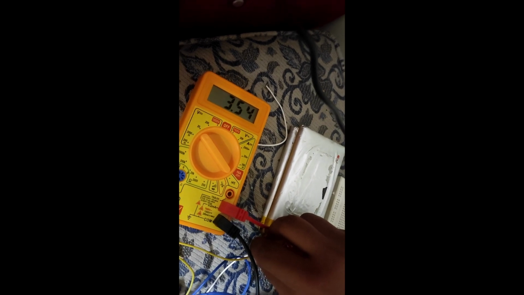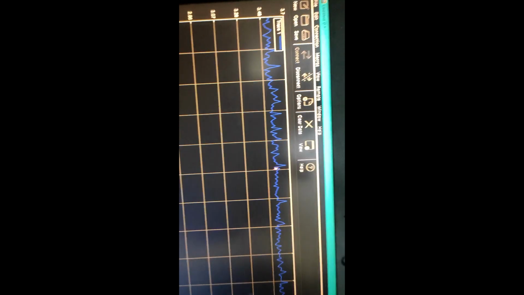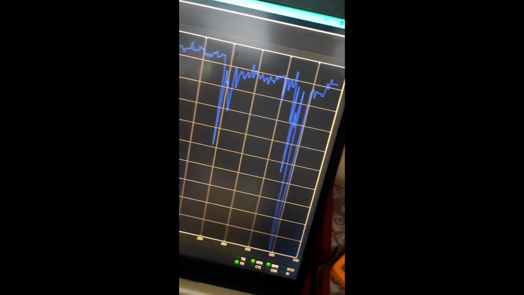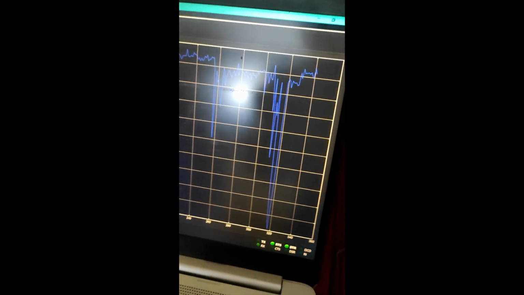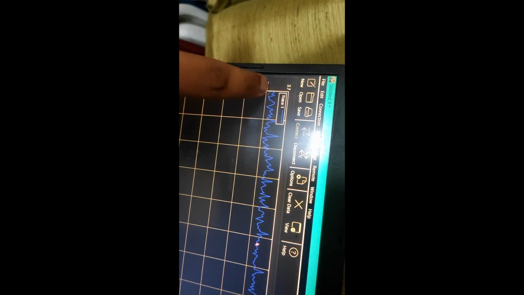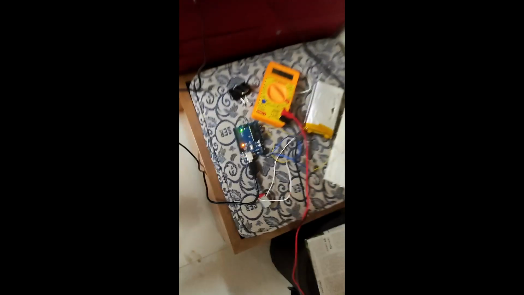It is 3.54, and over there in the graph also we have 3.54. These spikes over here are caused because of the interference that I have caused in the circuit. Otherwise you can see that this line over here actually corresponds to 3.5, so 3.54 and all. So that is why I can verify that my circuit works perfectly fine with high accuracy.